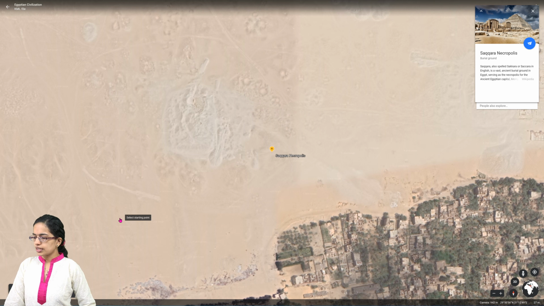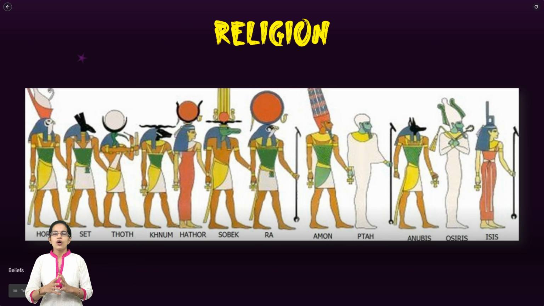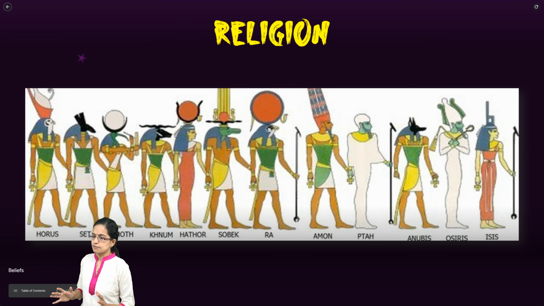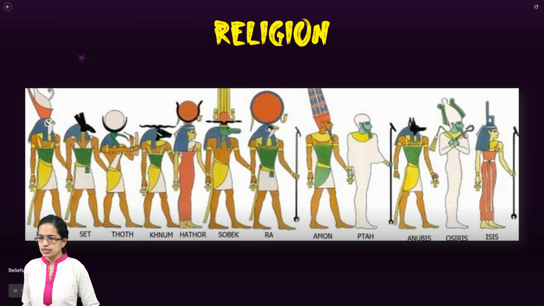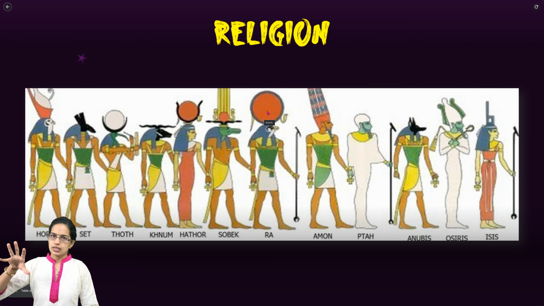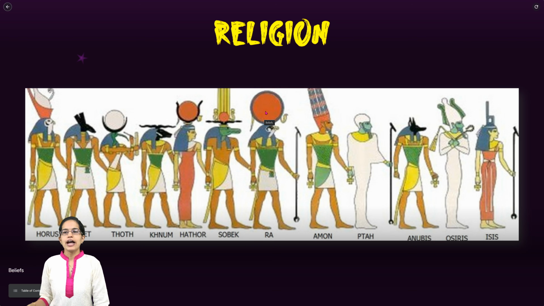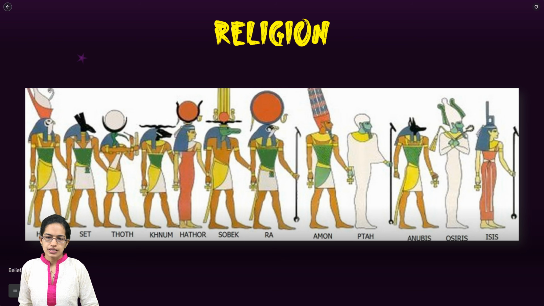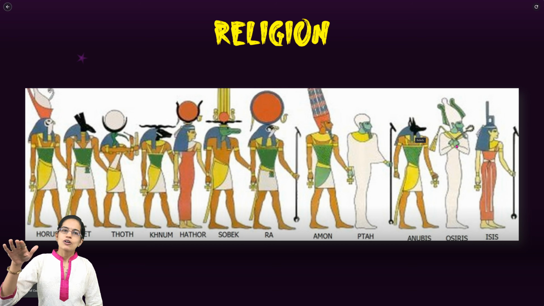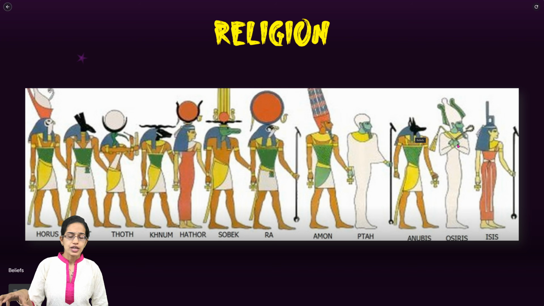The next important thing that we need to understand here is how religion existed. So Ra god, as you can see in the center here, was one of the major gods, and the Ra god was considered the sun god. Ra god had two children, it's believed, and they were brother and sister. Those are Osiris and Isis. Osiris is believed to be the god of the underworld, so god of death. Isis is believed to be the god of health and wisdom, good luck.